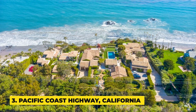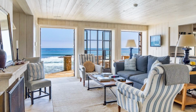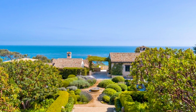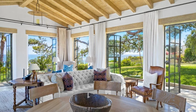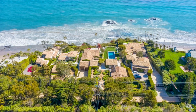3. Pacific Coast Highway, California, $225 million. Malibu is known for its enormous coastal houses. On the other hand, this opulent beachfront property is made up of 9 buildings scattered across 5 acres and 5 separate land parcels. The 25,000 square foot, $225 million home, built by Robert A.M., is reminiscent of a European estate